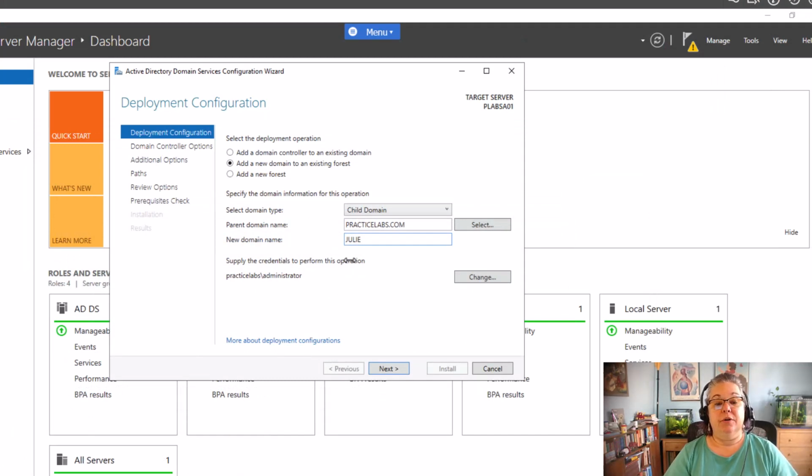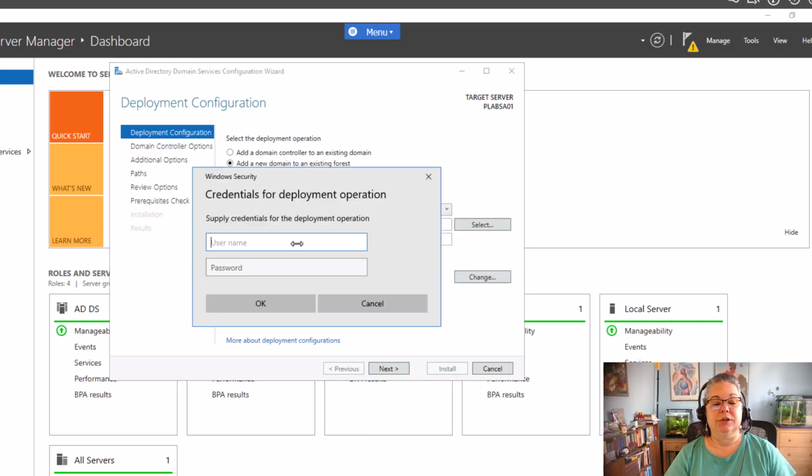We have our new child domain. It's going to be called your own first name. We have the parent domain listed. Here's the last trick. You want to make sure, even hit change if you need to, to ensure that the credentials are newly installed. If you have not typed this part in a box yet, the credentials field might be empty,